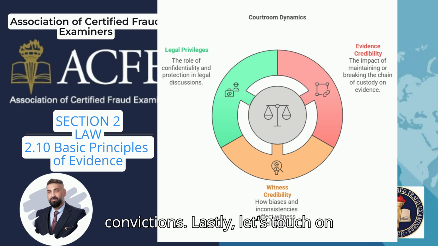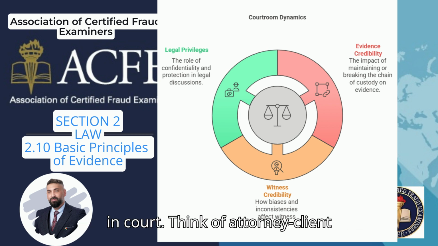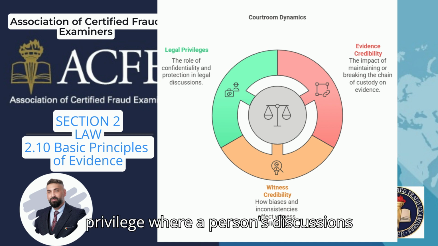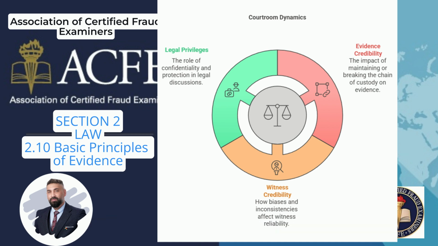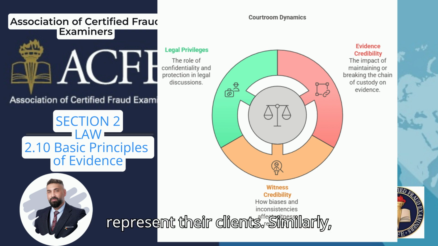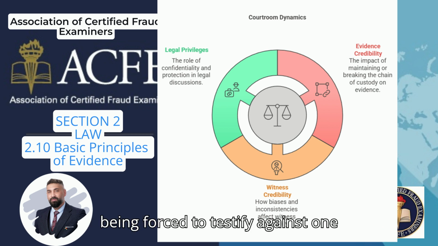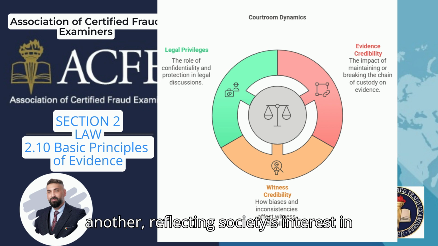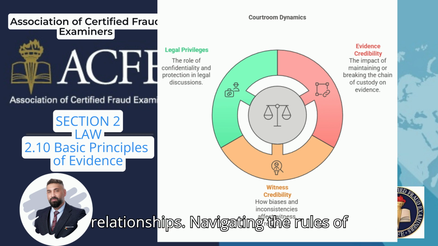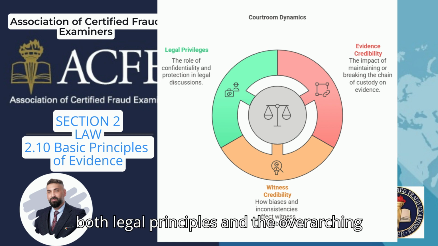recent felony convictions. Lastly, let's touch on privileges and protections, which exist to shield certain types of sensitive communication from disclosure in court. Think of attorney-client privilege, where a person's discussions with their lawyer remain confidential. This principle encourages openness while ensuring legal advisors can effectively represent their clients. Similarly, marital privileges keep spouses from being forced to testify against one another, reflecting society's interest in preserving the sanctity of certain relationships. Navigating the rules of evidence requires a deep understanding of both legal principles and the overarching need